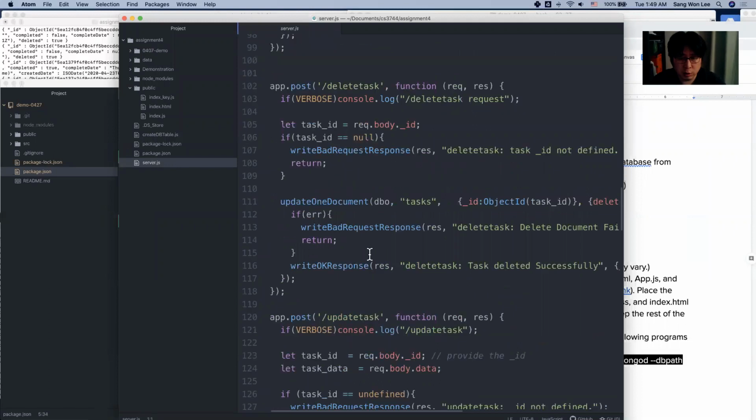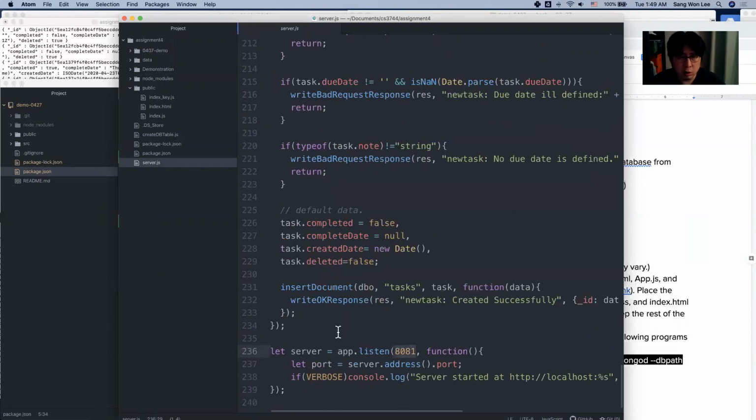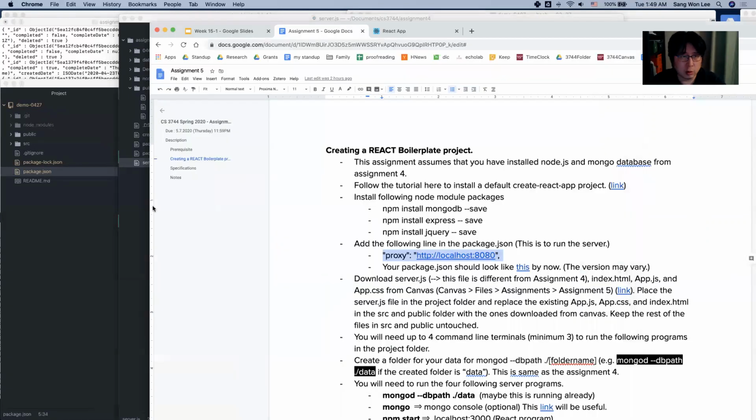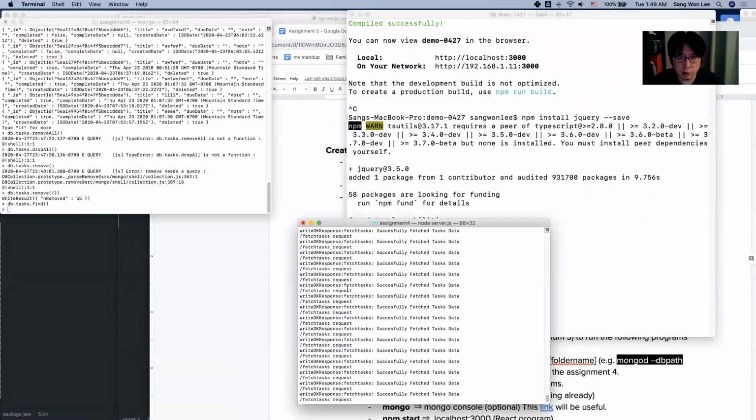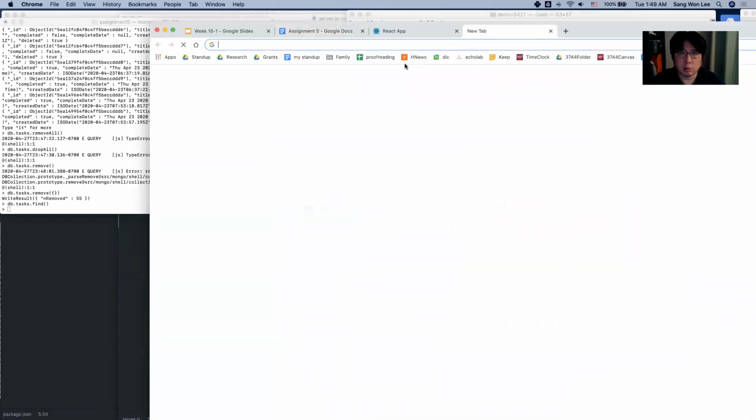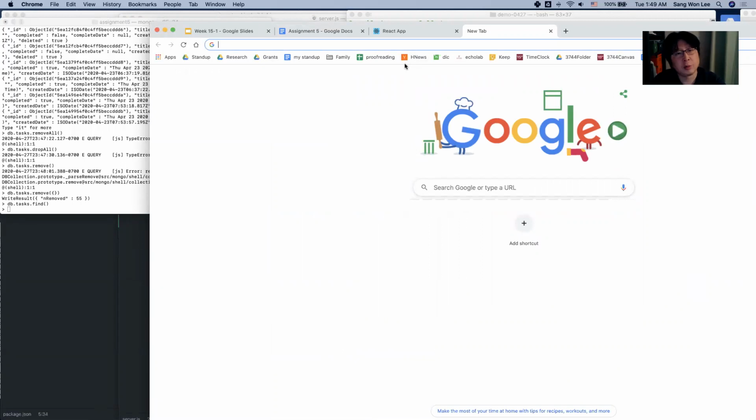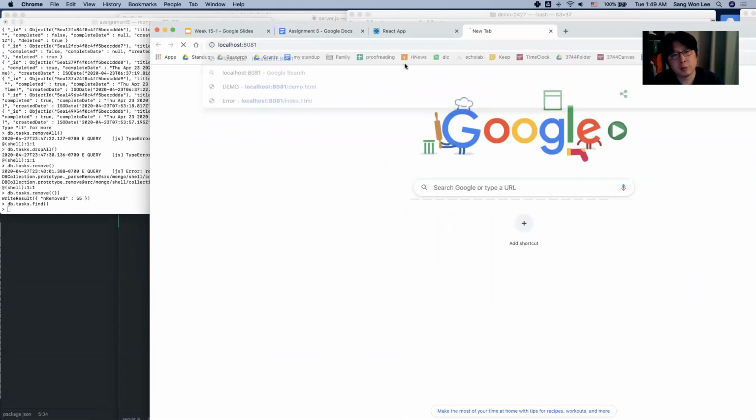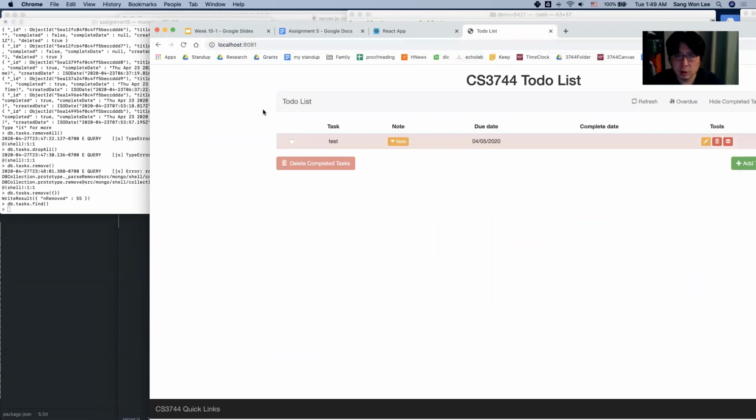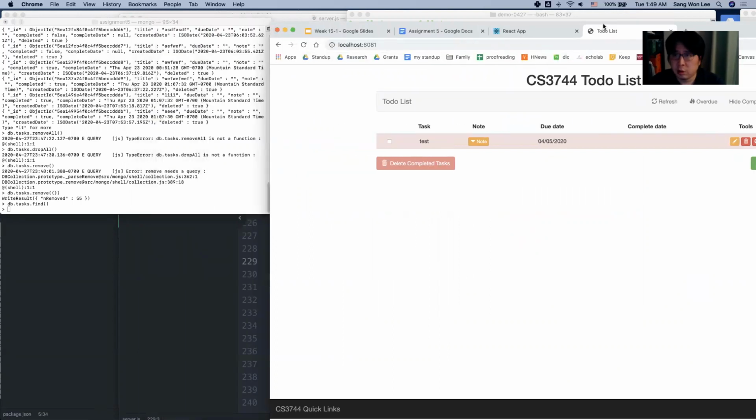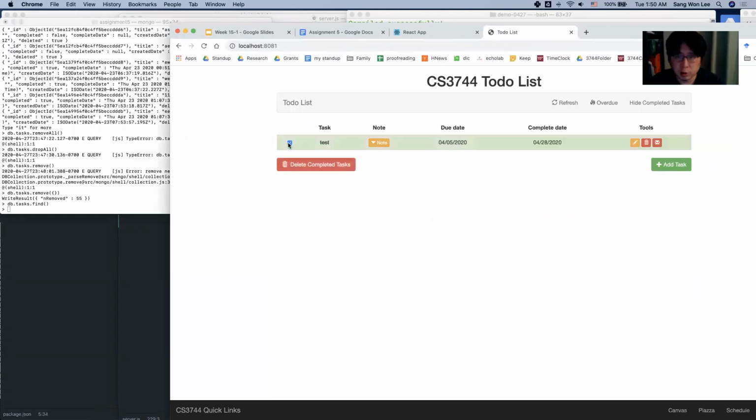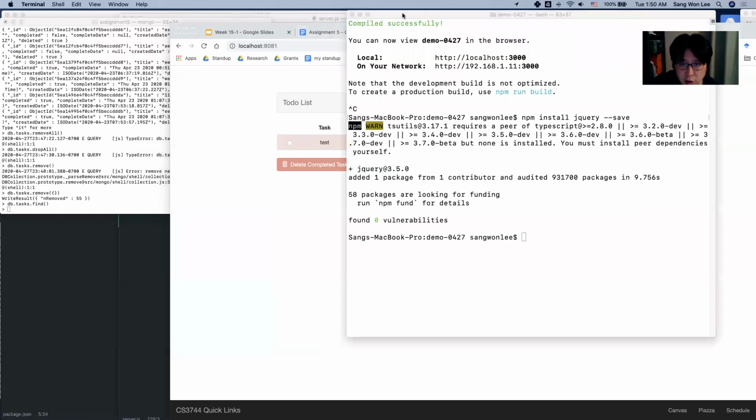Assignment 4 code, I don't know if you remember, was using 8081. So basically we are running the assignment 4 code already. If I go here, we have the task, the to-do list working. But in assignment 5, you are just going to do it in the same folder, which is why you have to install MongoDB and Express,